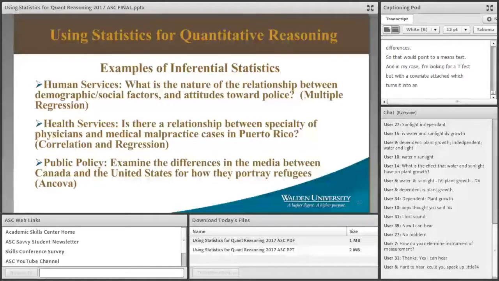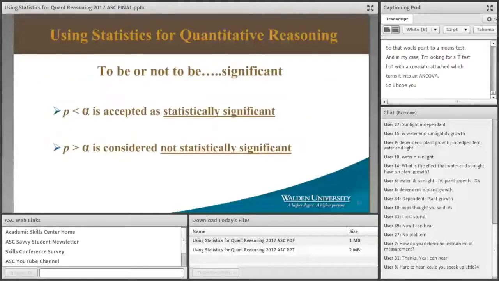So I hope you enjoyed these examples of actual dissertations. Now that we know how quantitative reasoning works and that it's the null hypothesis that is being tested, we will introduce the concept of confidence intervals. Just to make clear that in statistics we are not proving anything, we're merely trying to stay within a certain level of confidence. In the field of social sciences, we work with a 95% confidence interval, which leaves us a